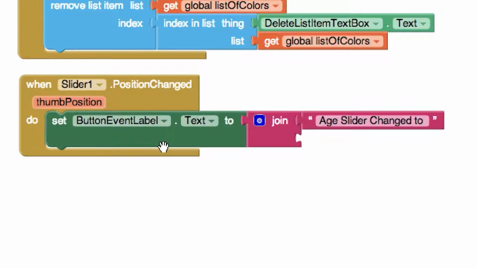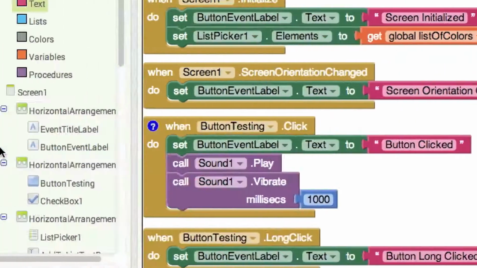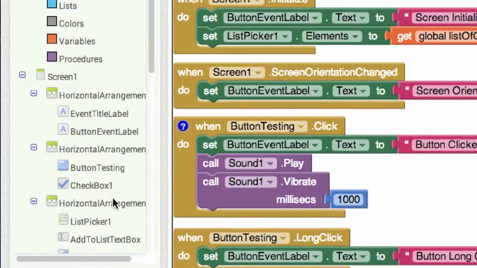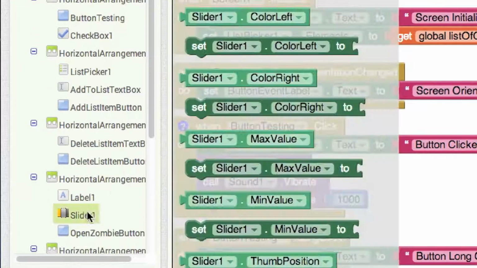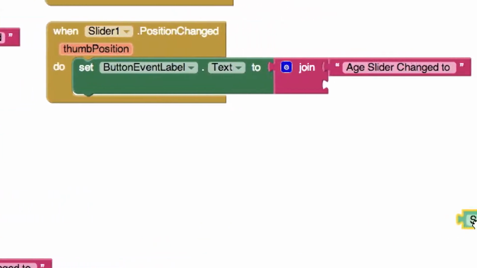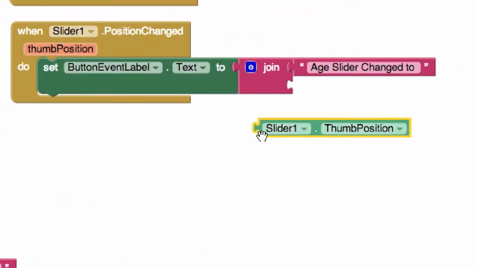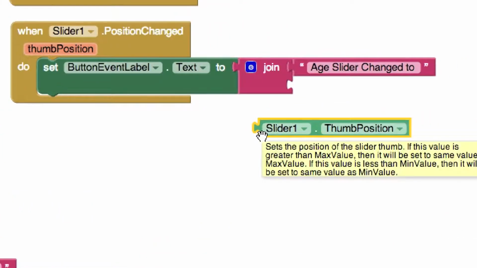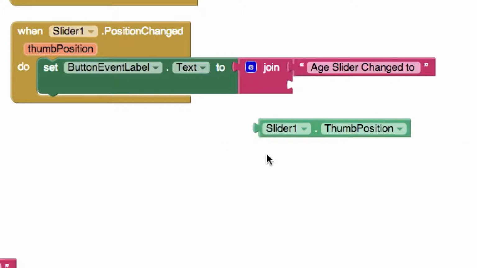So that means I'm going to have to go and get the slider component again. So where is it hiding at here? There it is. Click on that. And I need to find the thumb position, which is right here. Now the only problem with this is by default, it is going to return a fraction. Now since most people do not think about fractions in regards to their age, that means we want to round